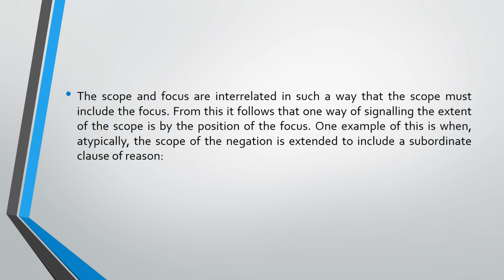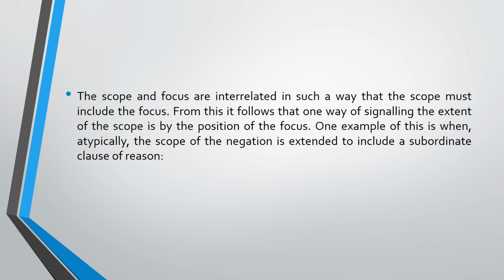The scope and focus are interrelated in such a way that the scope must include the focus. From this, it follows that one way of signaling the extent of the scope is by the position of the focus. One example of this is when typically the scope of the negation is extended to include a subordinate clause